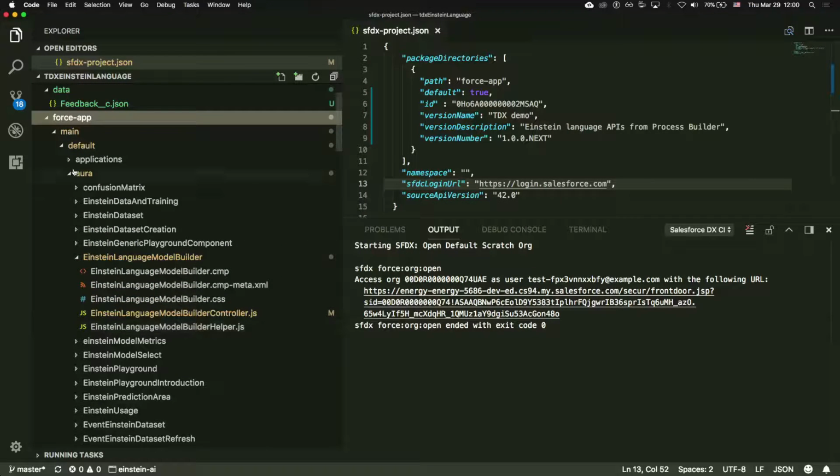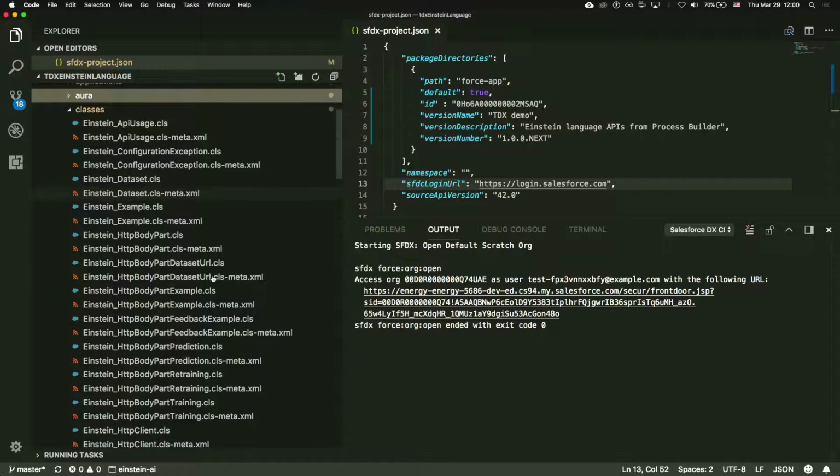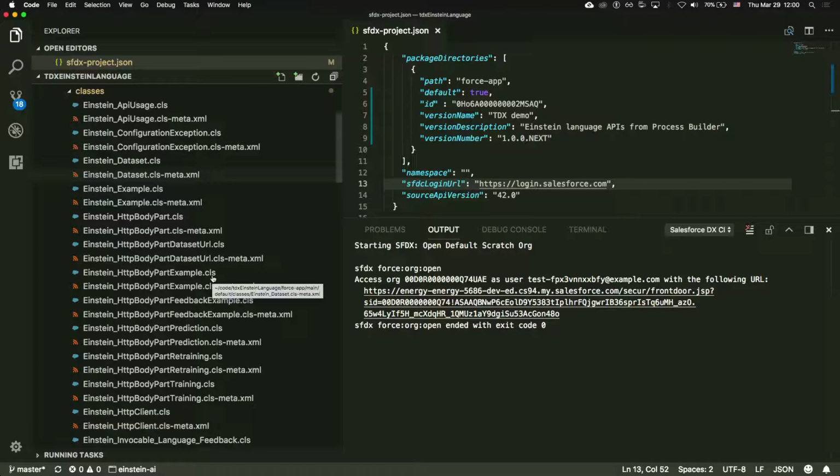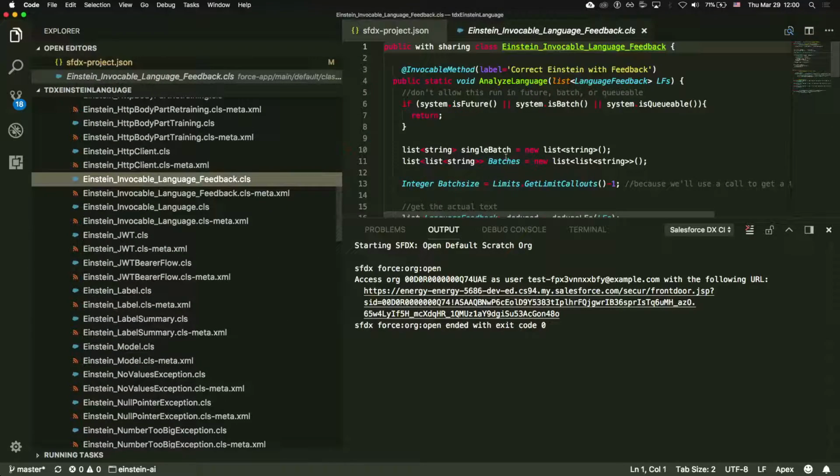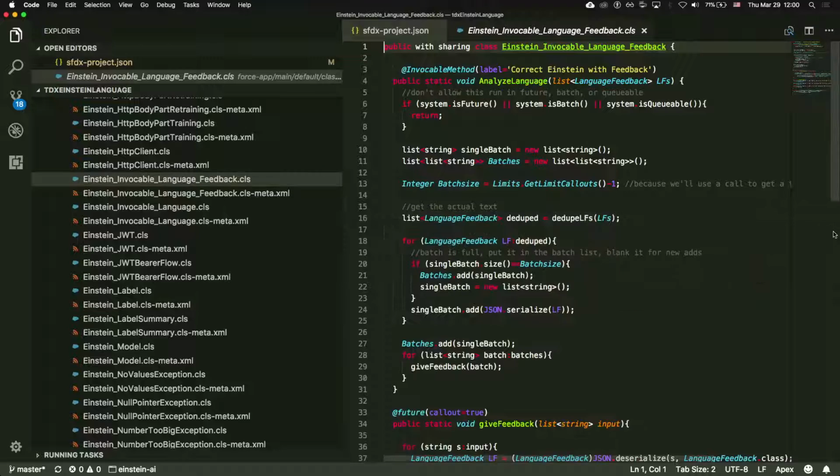All right, so I'm going to actually start with the Apex classes. What you'll see, and this is mostly not my work, this is mostly Renee's work, is that he's got Apex wrappers for almost every call that you make within the Einstein service. And so we're doing things like this is the class that I wrote for providing that feedback back to the model, making model corrections. If you think about what it would take to do all this myself, I've got a whole thing for handling the JWT authentication, all right?